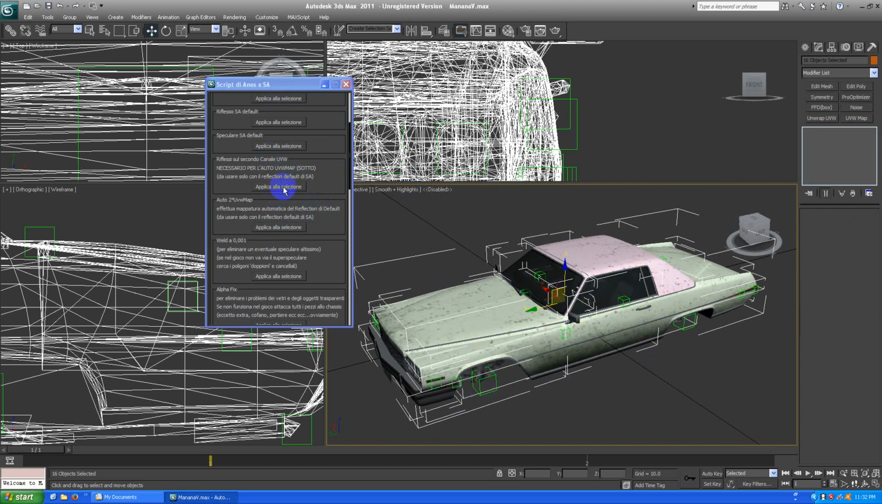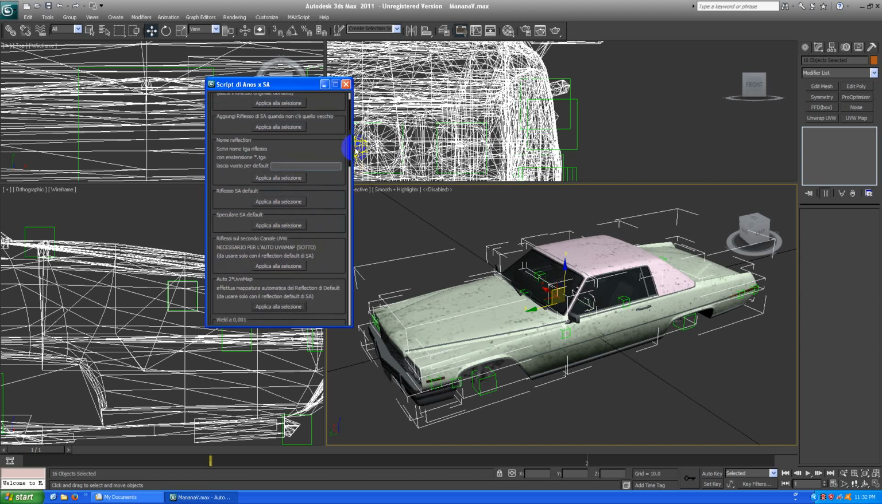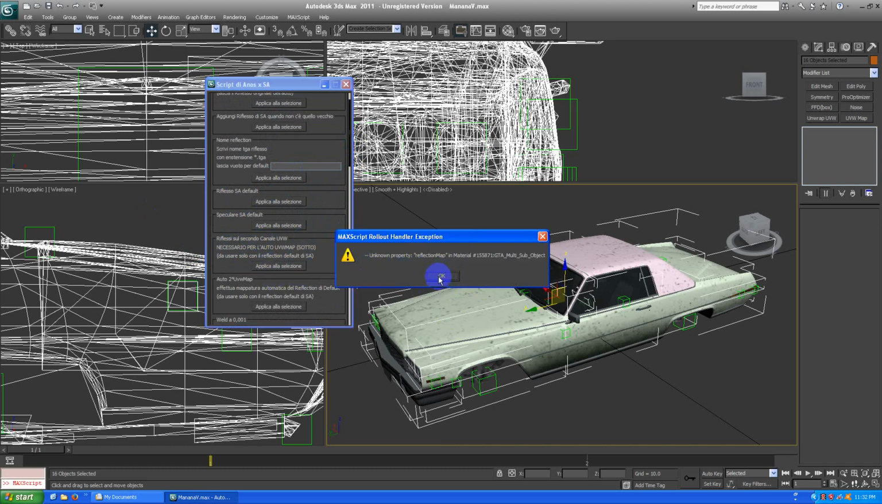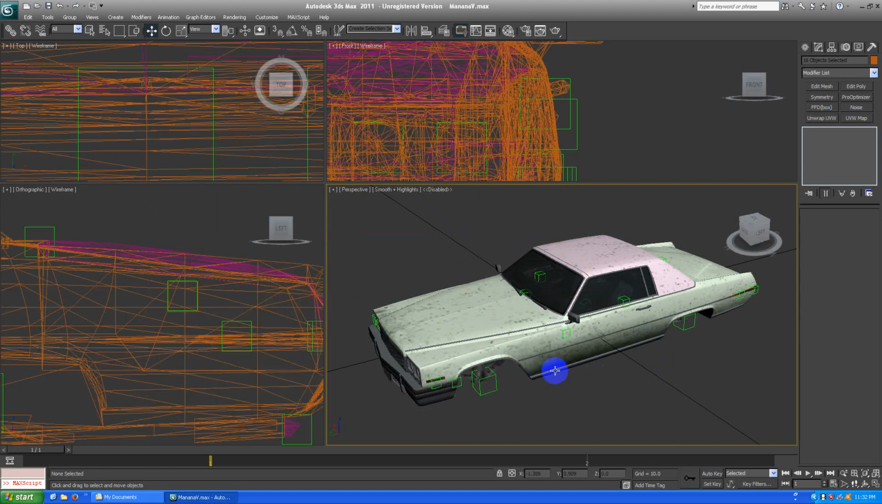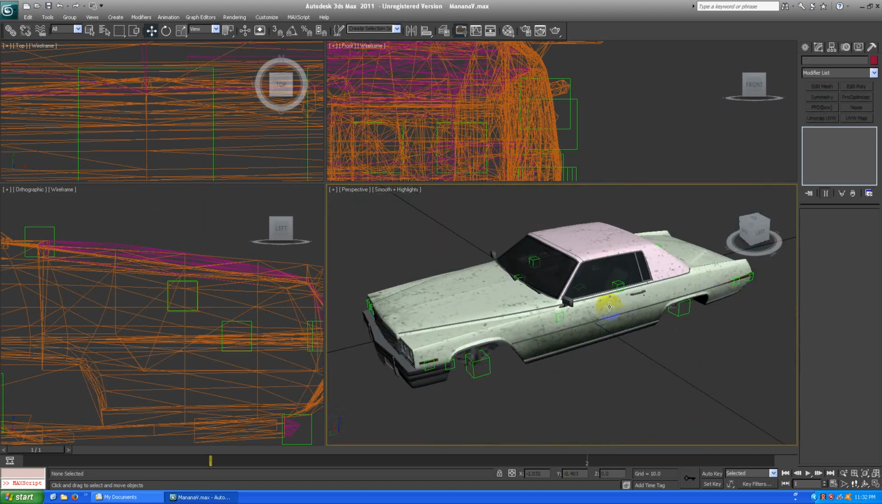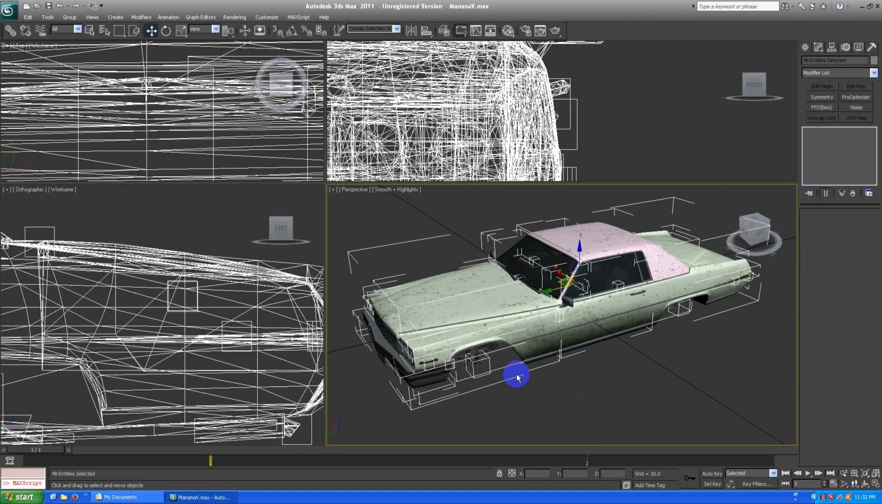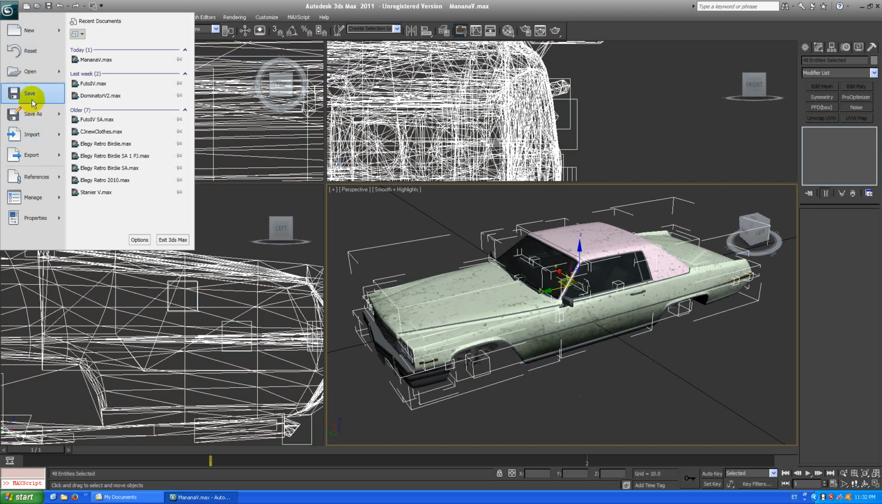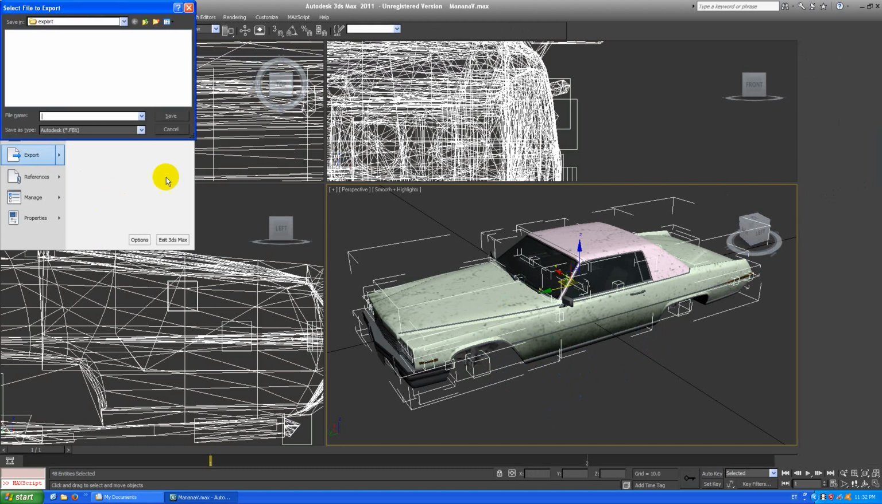And now click on the riflessi sul secondo canale or whatever, and it usually gives me this error, but for some reason it still works. So now just close it, and we have all the reflections ready, and now we can try to put it in the game. So for that, select all, the main 3ds Max logo, export,